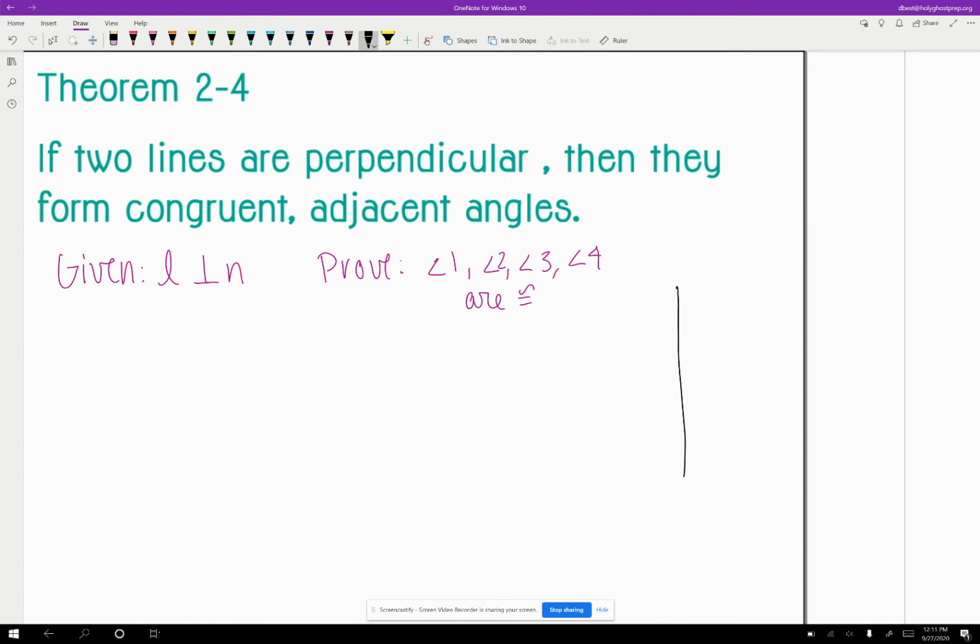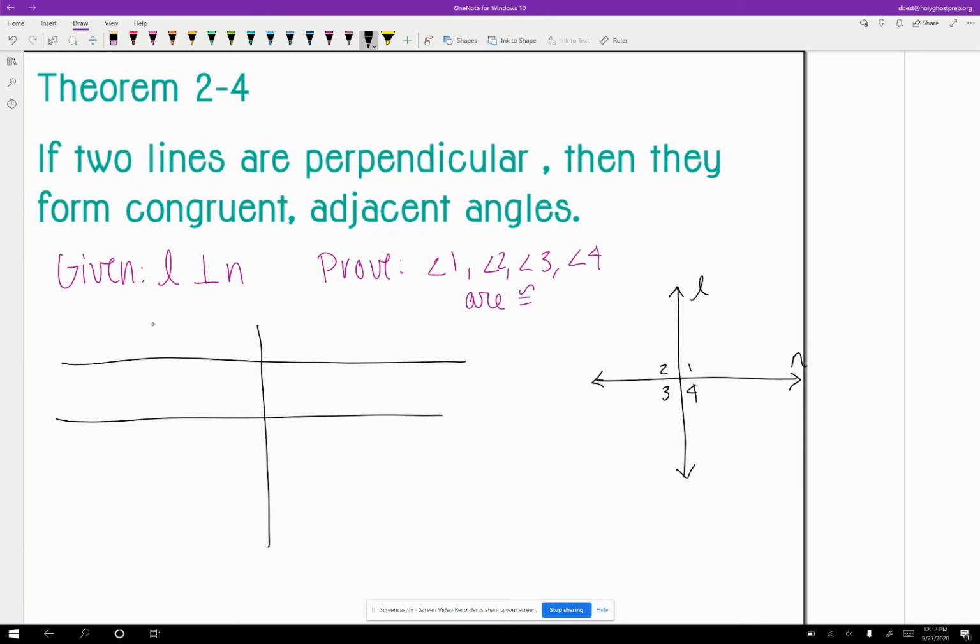And here's the figure we're going to work with. So here's my line L. Going across will be my line N. And my 4 angles, 1, 2, 3, 4. And when you look at our picture, start thinking about how you would go about proving this. We've been getting some proof practice here. I'll set you up a little bit in that I think we can do this in 3 steps,